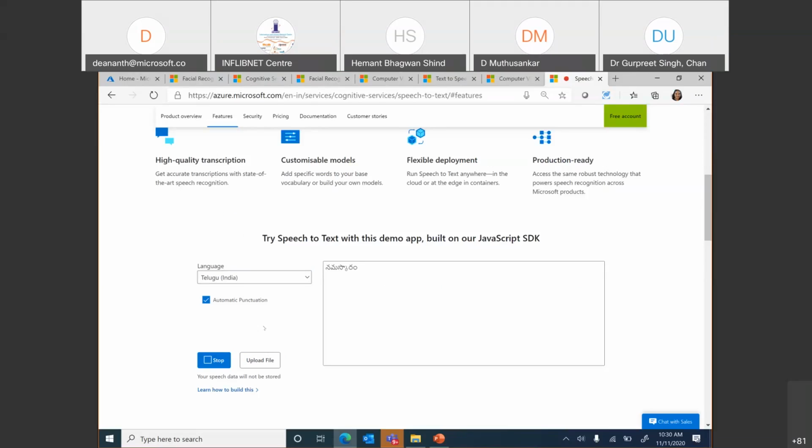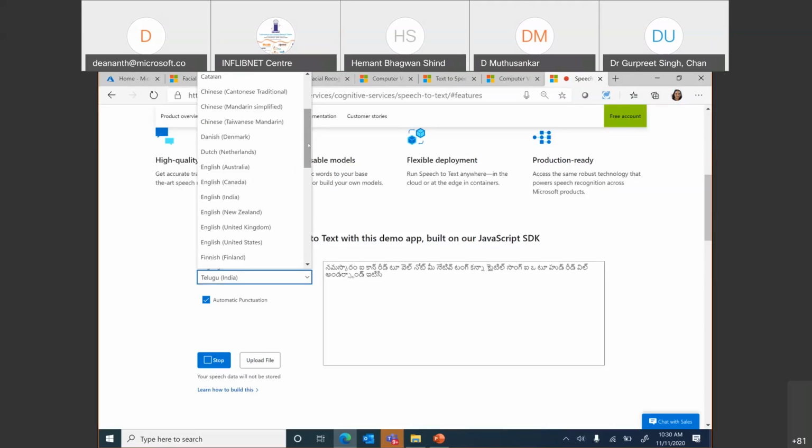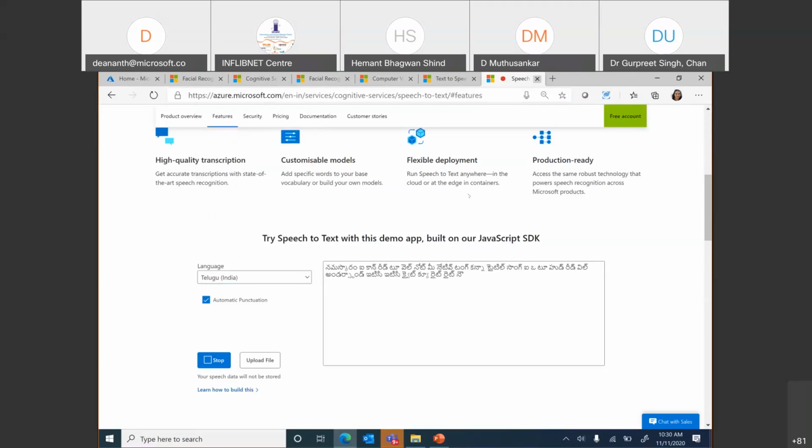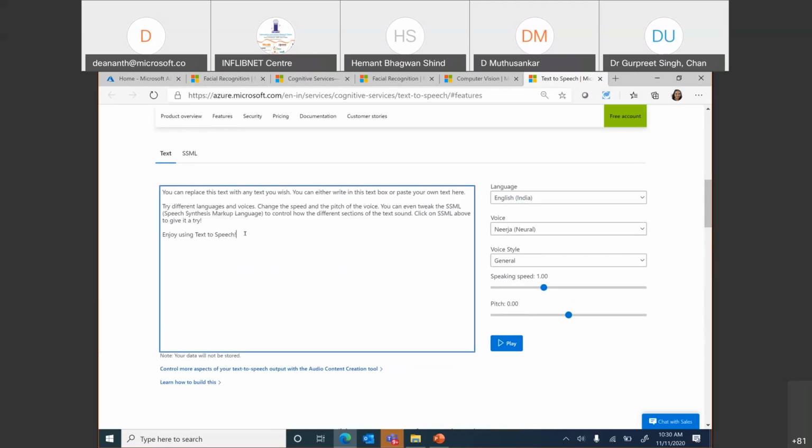Now, let's look at the other one. I will have to close some of these. How does text convert to speech? And what are the different languages in which it can speak? We are discussing how AI can be democratized.